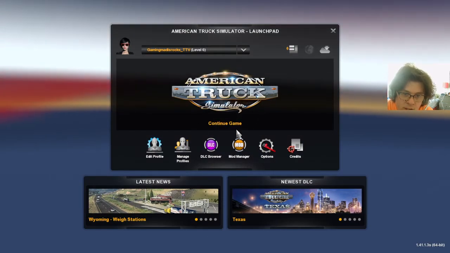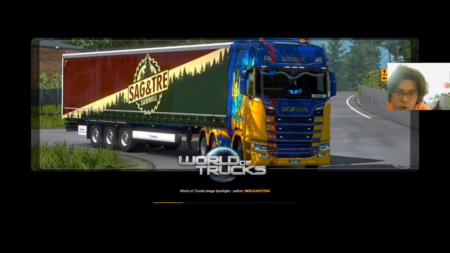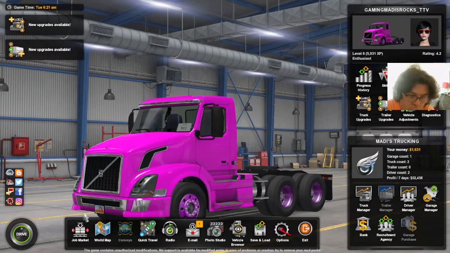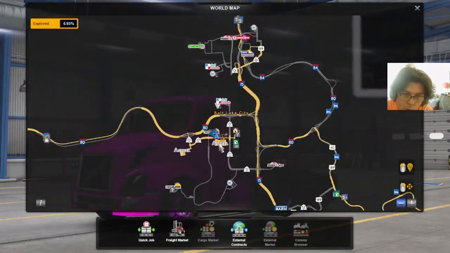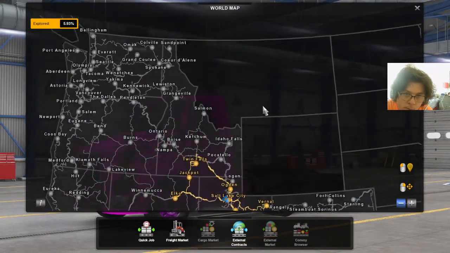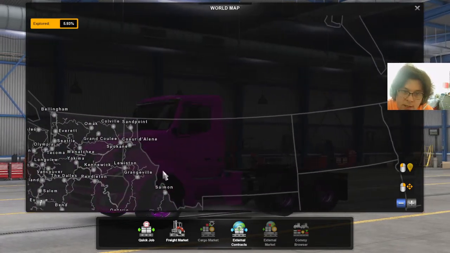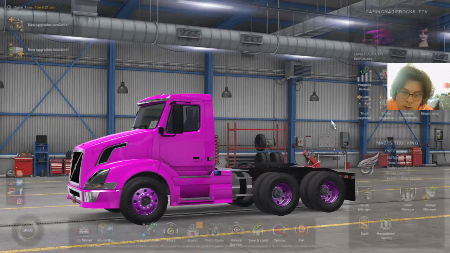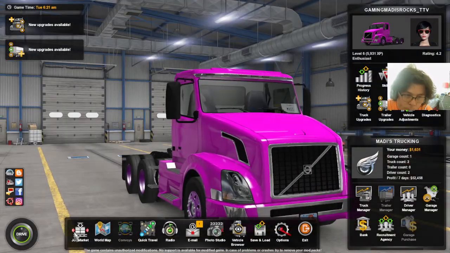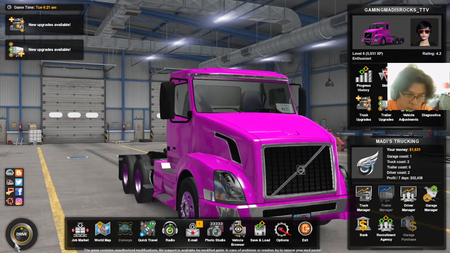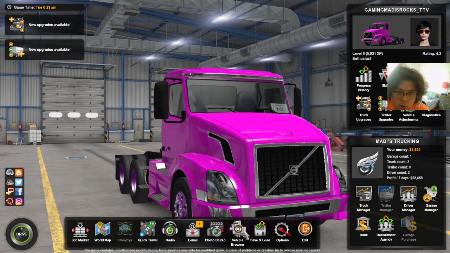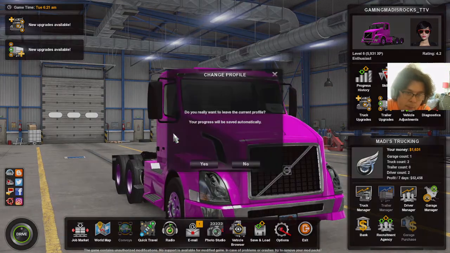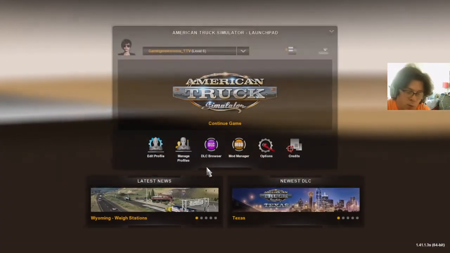If we do click on continue game, we should still be able to look at the thing being in Pro Mods. So if we go into world map, as you can see, we're not in Canada anymore. We aren't accessing Canada, we're not able to get into Canada. That is because we are running on